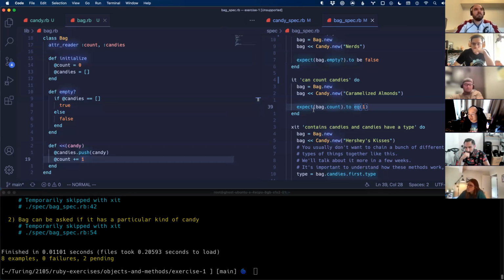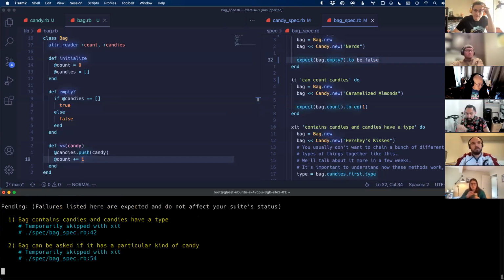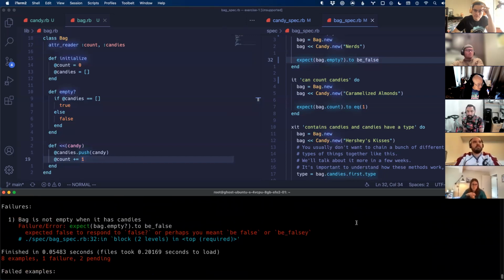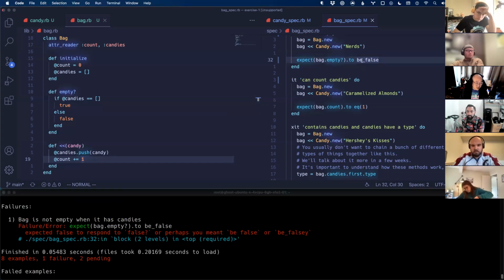I also like using methods over kind of straight things. So for this be false, I'm like, what is this nonsense? I say that jokingly. I would prefer to use the full method like this. And so when I run the test, I'm pretty sure that's going to work. Oh, that's different. Yeah, it meant be_false or be_falsy. So I'm wrong there. So I would probably prefer this, or